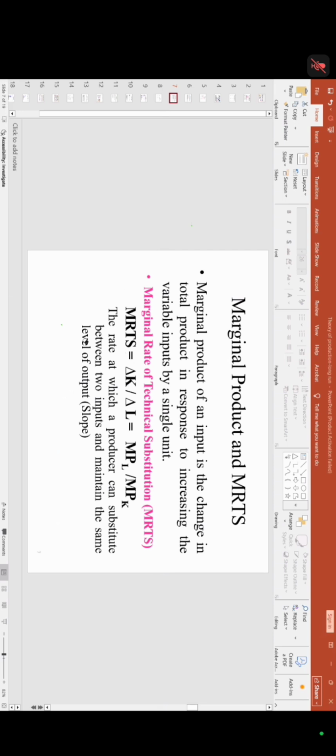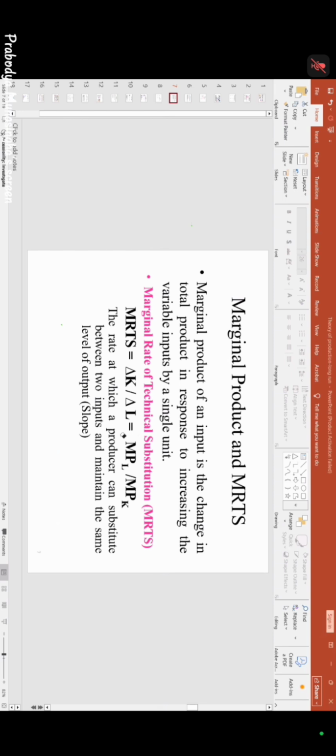So that represents at which percentage, which rate you are going to do the substitution. If you are going to increase 1 labor, then 0.25 of K needs to be increased or decreased. Okay, if you are going to increase, of course you have to decrease your capital by 0.25. If you are taking it the other way around,